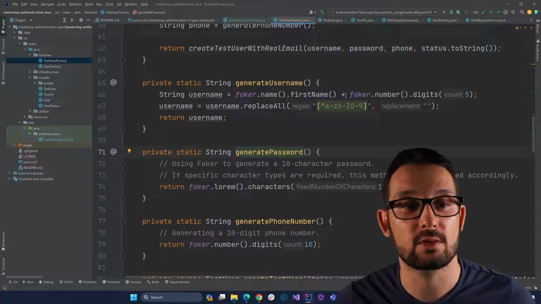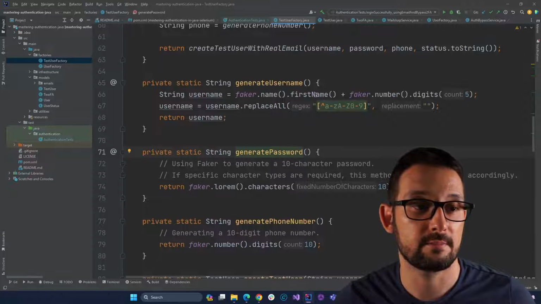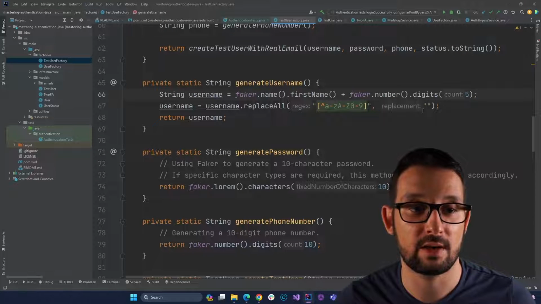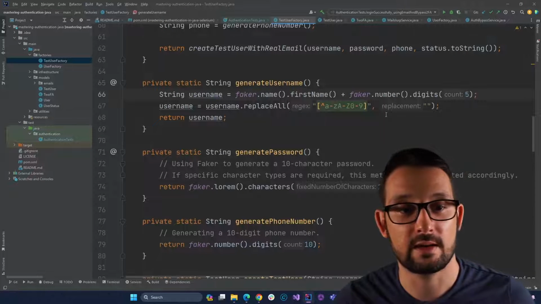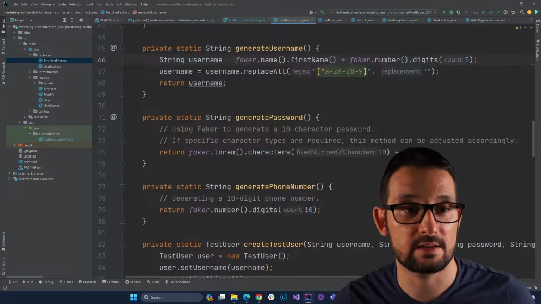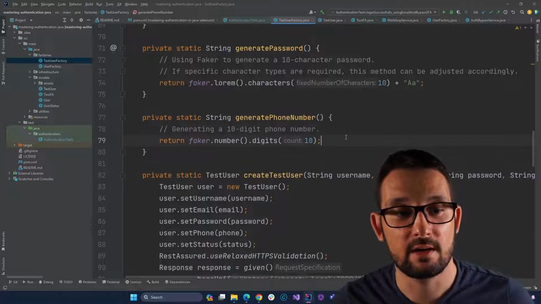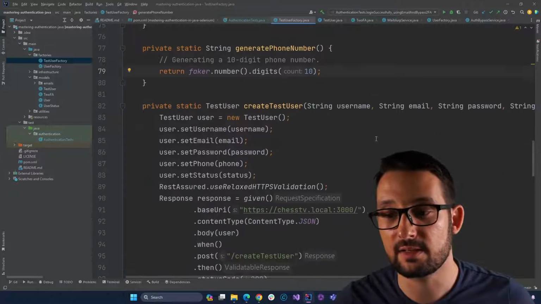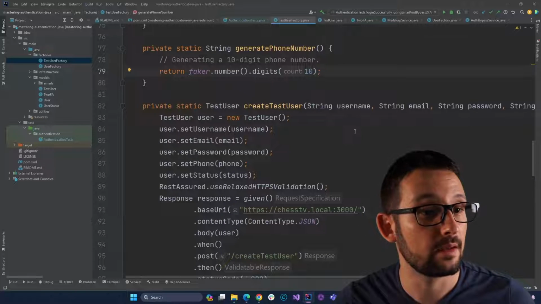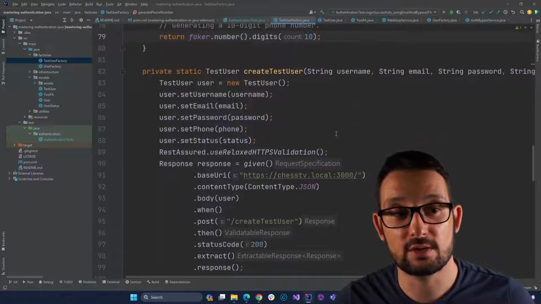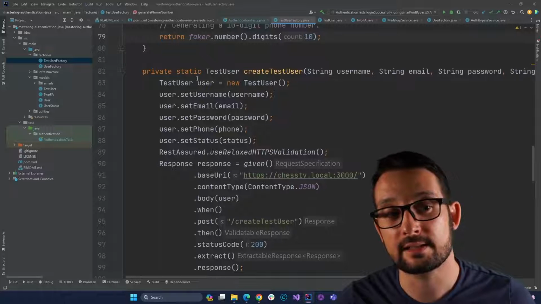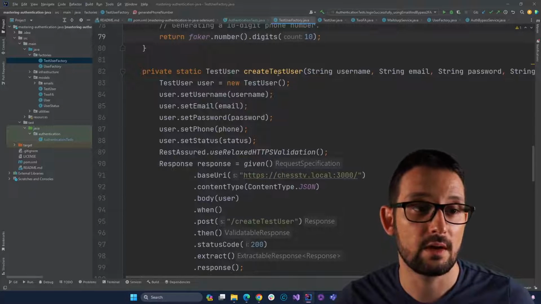We require the first name, then 5 digits, and we are replacing some of them that are not correct. And for the phone number, we are saying here that the phone number needs to be 10 digits. In order for this to work, I have this static method called